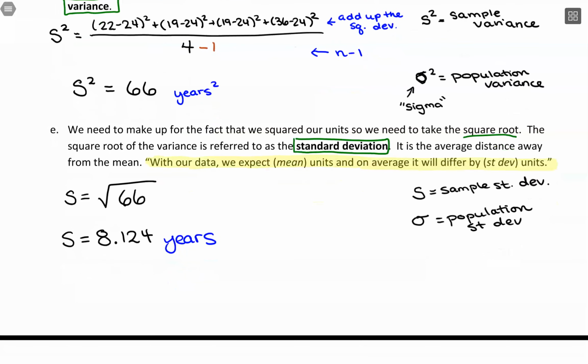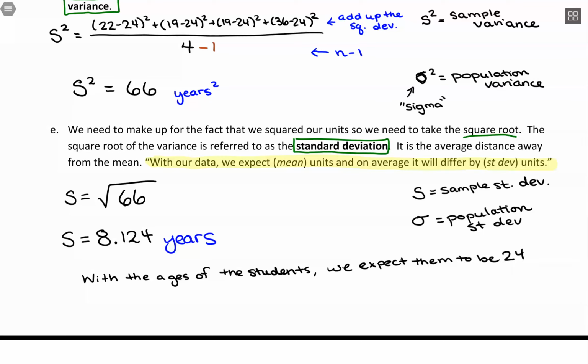So what I would write for this data is, with the ages of the students, we expect them to be 24 years old. And on average, this will differ by,